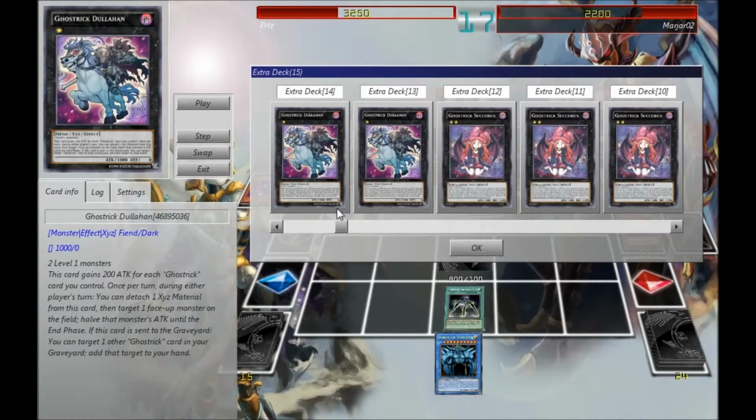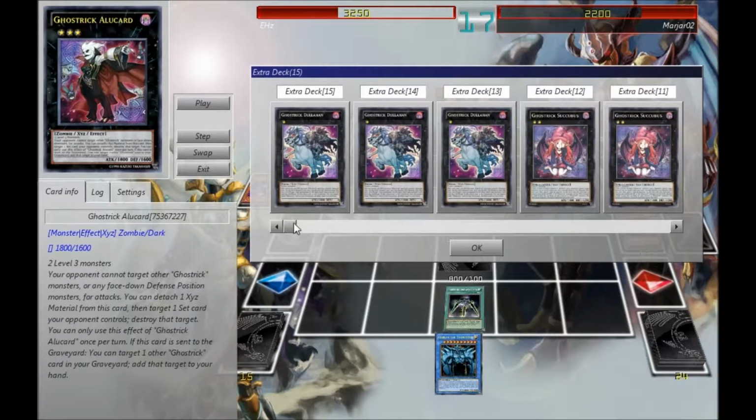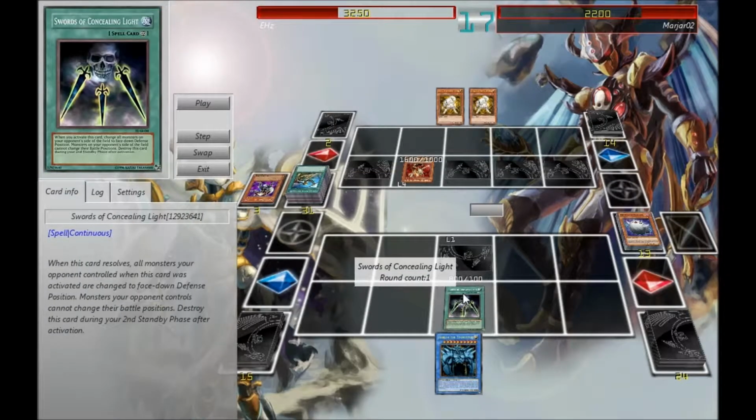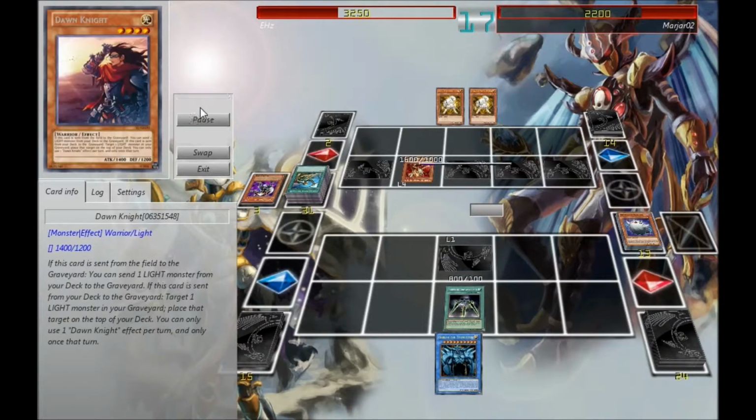But if I'm playing Ghost Tricks, I'm going for the Ghost Trick Exceeds. Actually, because I don't actually have an Alucard in my actual build, which I'll show off in another video, I do play the new card Shadow Lich, just because it's a rank 3 and it uses dark monsters. And it came surprisingly useful in the duel that I'll show off in the video. But yeah, that